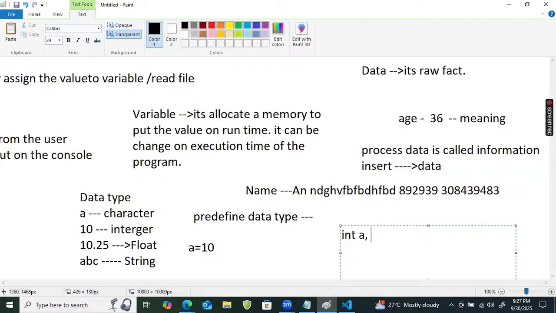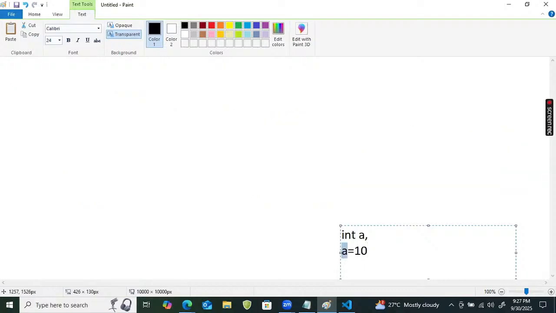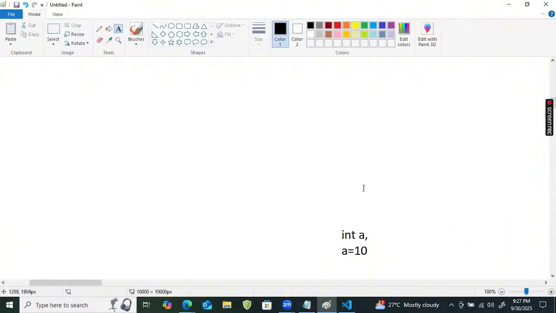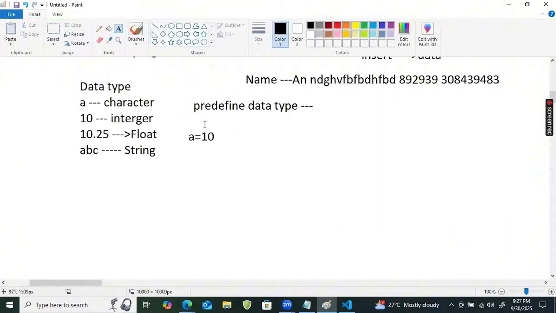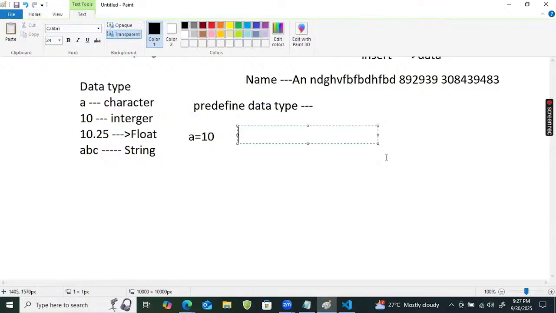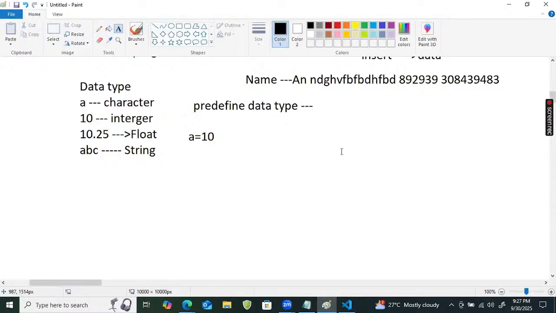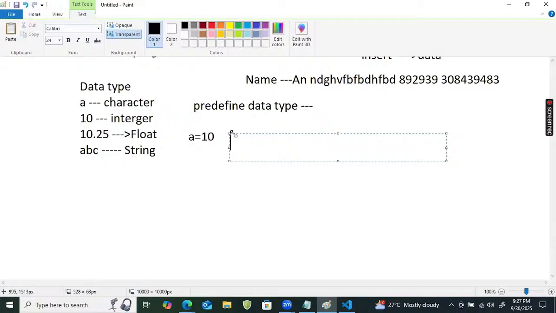But in Python, it's very easy. You don't need to type anything predefined. Anywhere you can declare the variable. Here, suppose I'm going to declare a variable, so this is my declaration. I'm going to use this variable, and I'm going to initialize the value of this variable, that is 10. So what is the meaning of this line? If I write this line anywhere, it means a equals 10. So that means we are declaring